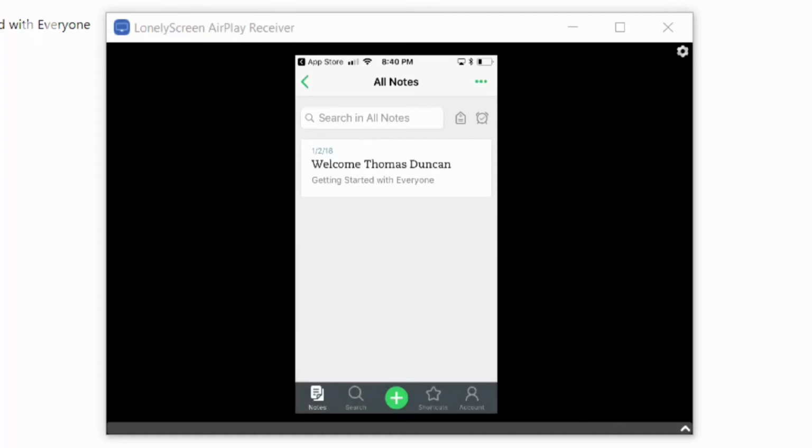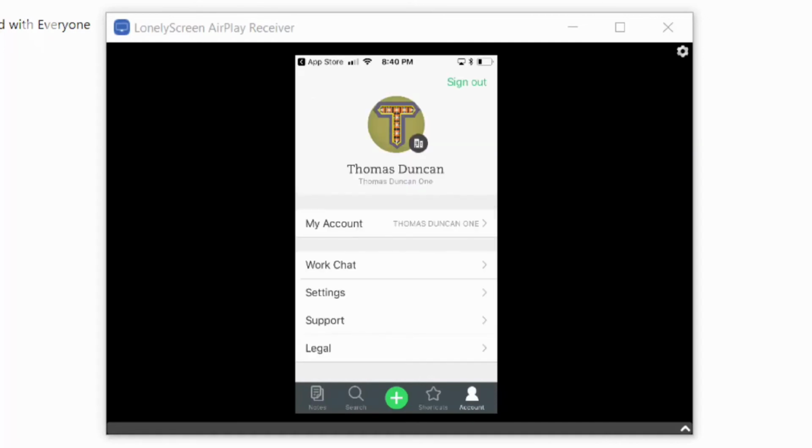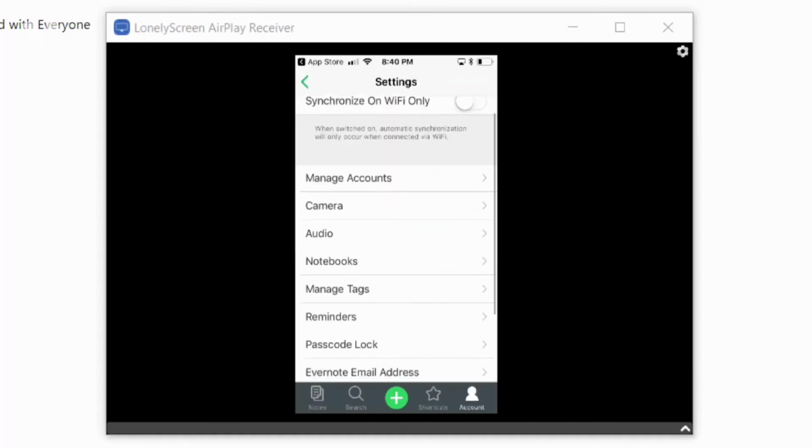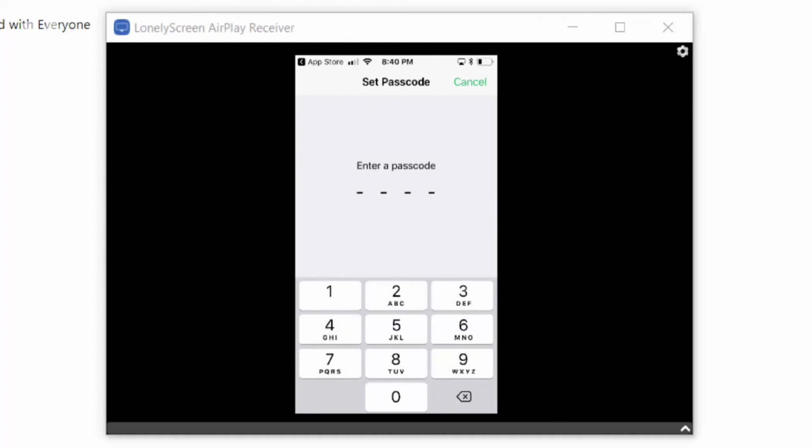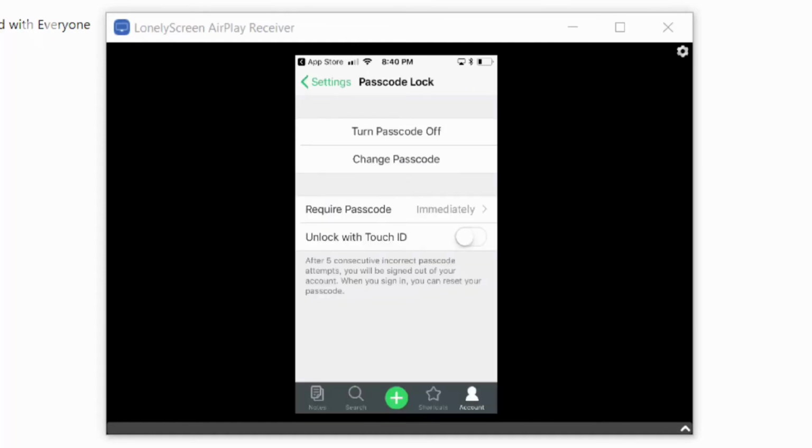device. Now, to secure our data, what we are going to do is go to our account. When we do that, we're going to click Settings, and then we're going to go to our passcode lock. We're then going to turn on our passcode, and then we're going to enter a passcode that we are going to remember. Evernote will then ask us to re-enter the password, and now our extra layer of security is